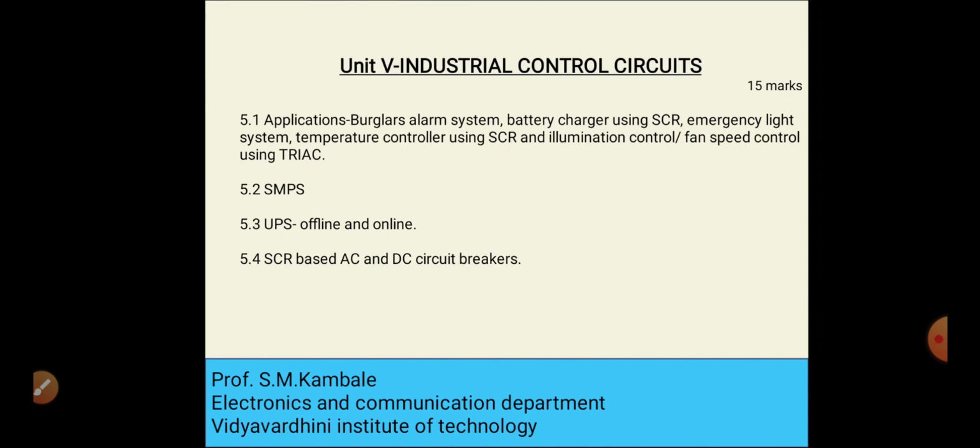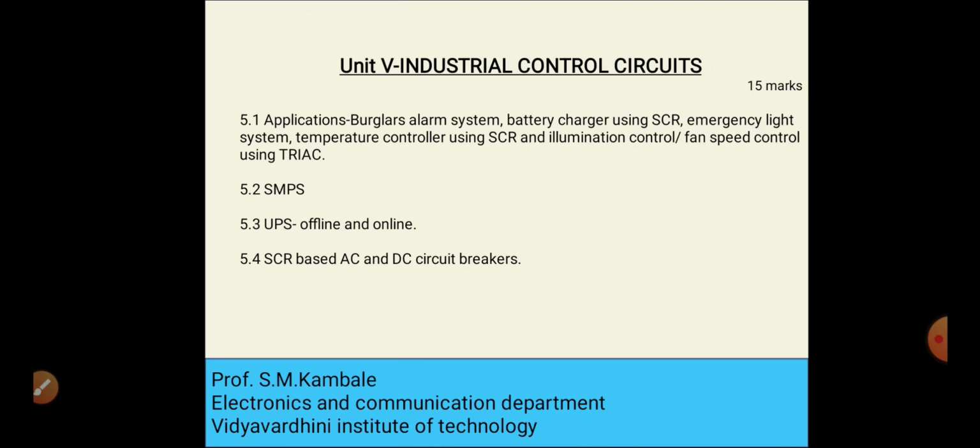There are two types, offline and online. When the light is on, the UPS stores the energy in the battery, and it also provides the light in the house. But when the light from the main source is absent, then it will give energy from the stored battery, which is called an uninterrupted power supply. This UPS we have also used in our college.